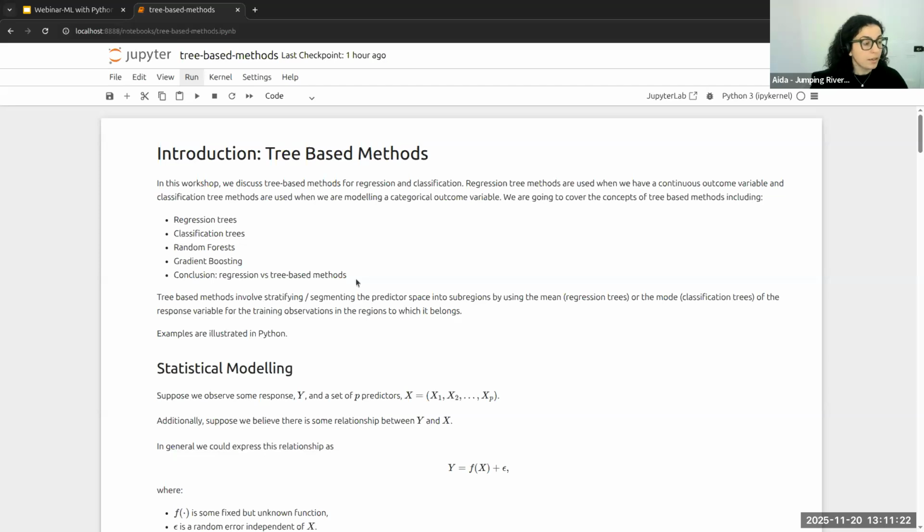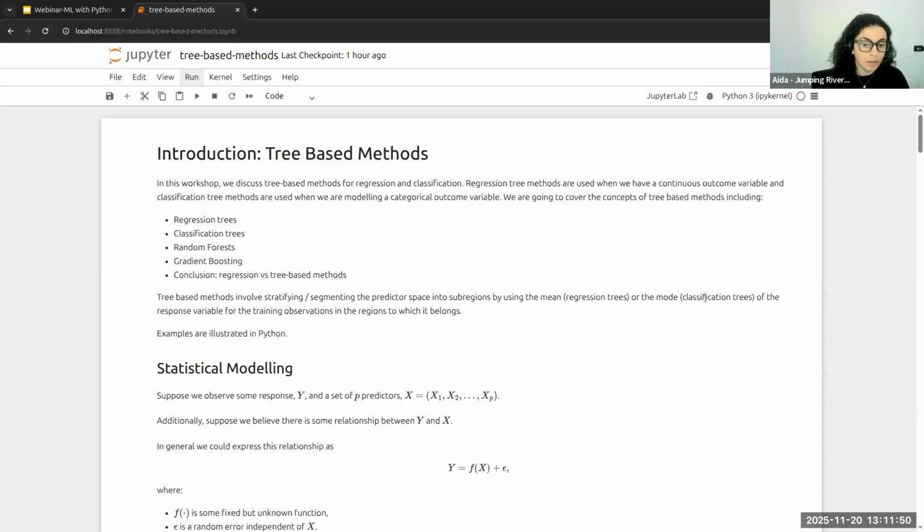So just to give you a general overview, tree-based methods are algorithmic methods which involve stratifying and segmentation of the predictor space into some subregions by using the mean when I'm performing a regression tree, or the mode when I'm performing some classification type of problem.